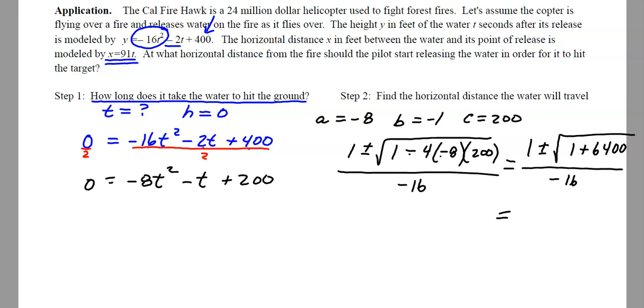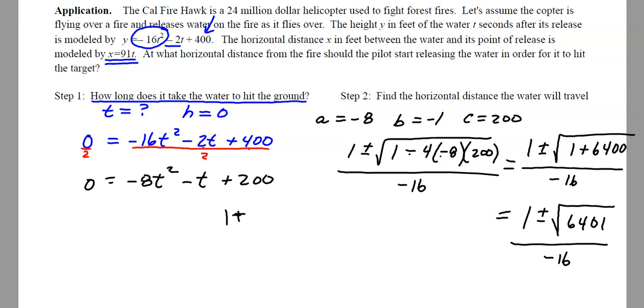And I'm not going to simplify the radical because I don't really care about an exact value. I want something meaningful in the real world. Kind of hate exact values. So I've got to punch this into my calculator. There's two options. There's 1 plus, and let's see what the square root of 6,400 is. Oh, that's 6,401. So 1 plus the square root of 6,401